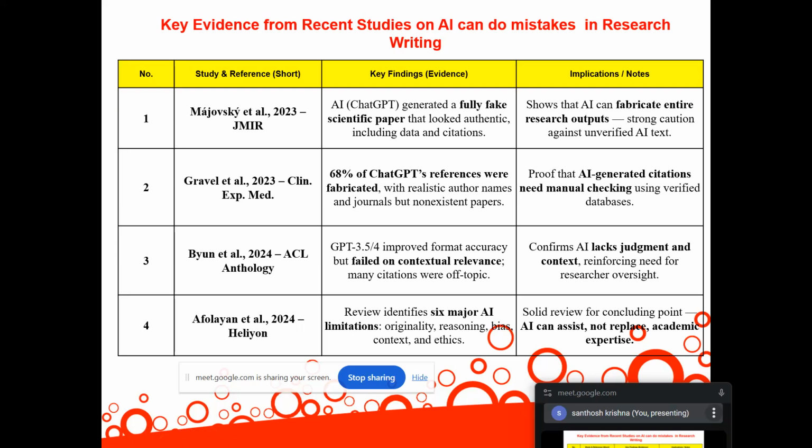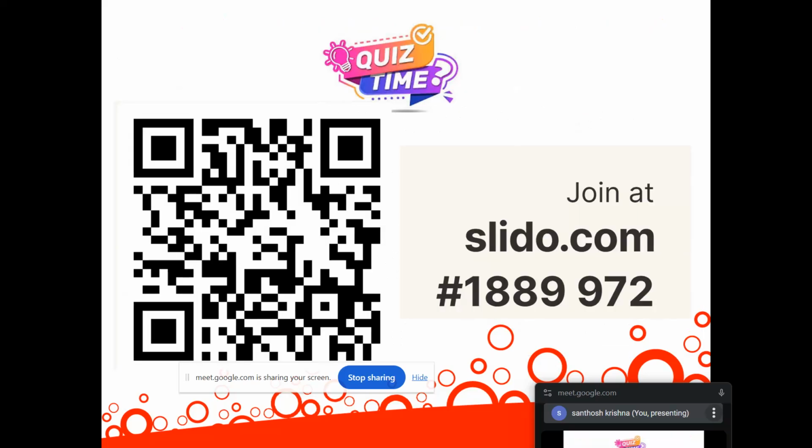So we should overcome this. When we are using these AI tools, we should be very careful. As I told you, human intervention is always irreplaceable. We cannot replace humans with machines in any place. There is a small quiz you can take from this. You can join on your mobile phones or on a laptop as well. Quickly, it will take only 5 to 6 minutes. We can close with that.